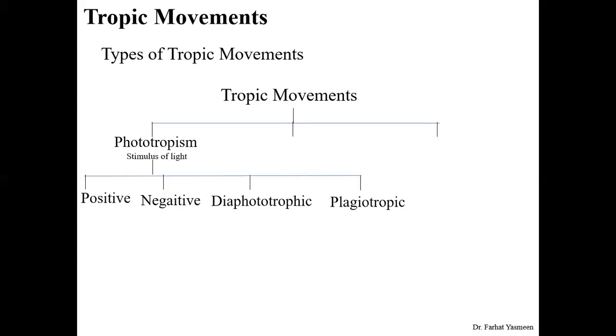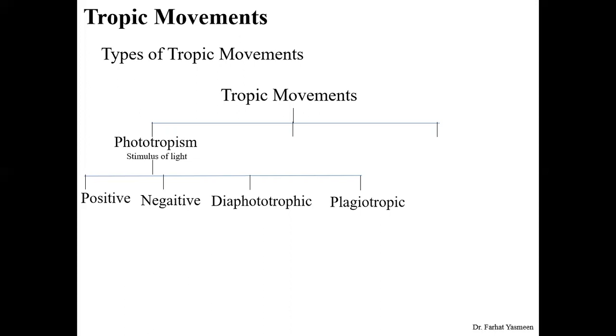So in today's lecture, we will also discuss the types of tropic movements. First type is phototropism. As the name indicates, in this type of tropic response, the stimulus is light. Light is basically influencing or causing the plant to move towards the source of light. Phototropism could be positive if it is moving towards the light, or it could be negative if it is moving away from the light, or it could be